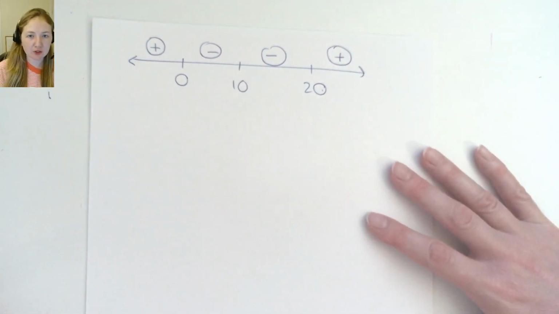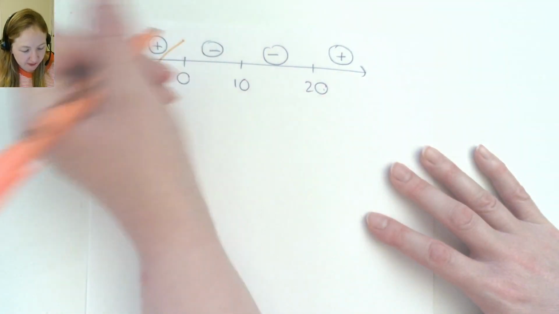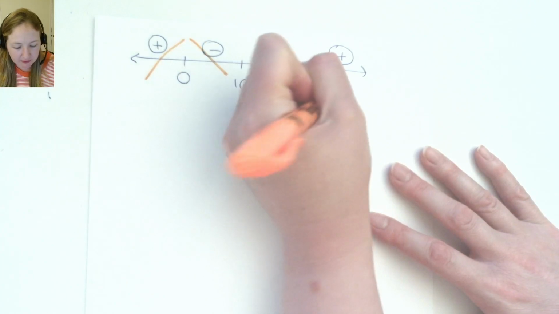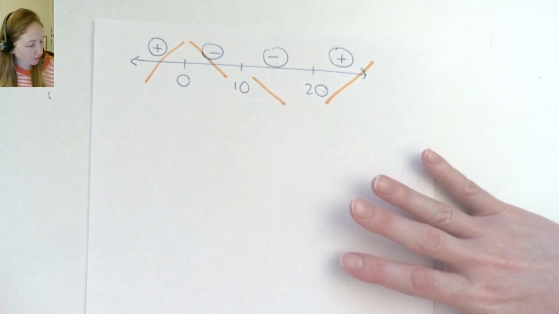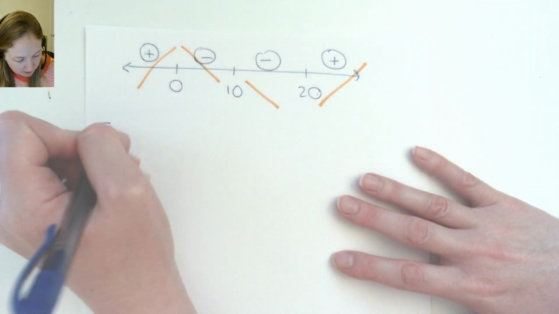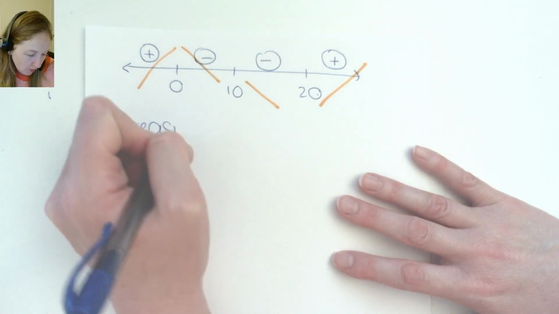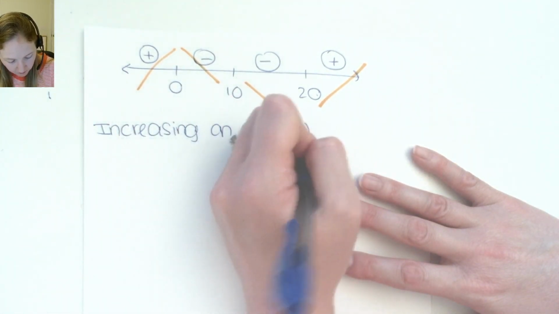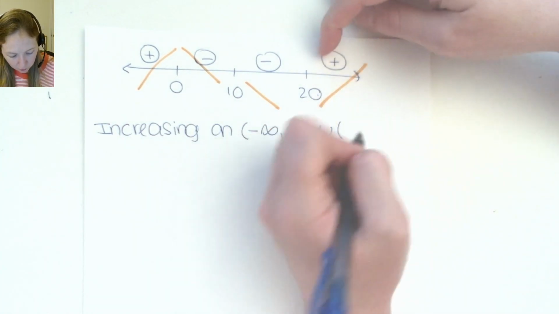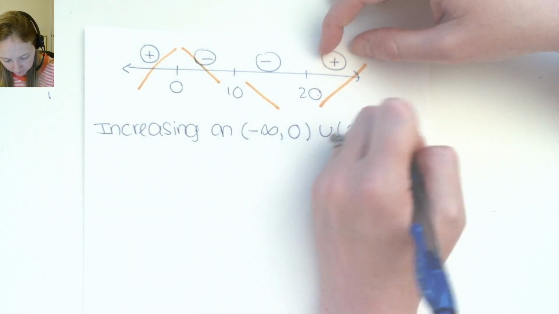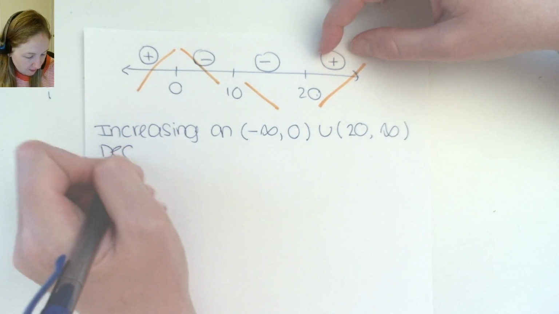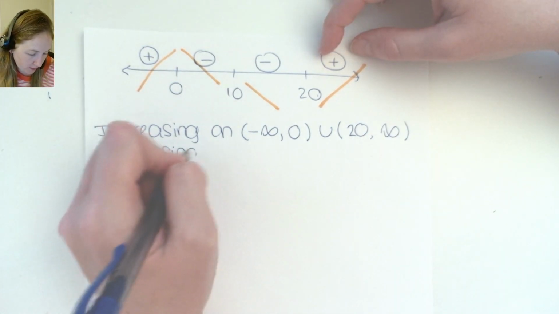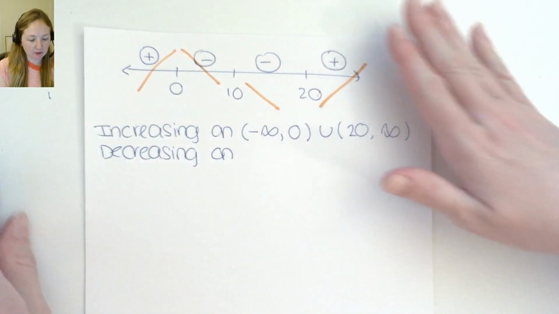All right, so the way that the picture looks is that we have increasing and then decreasing, decreasing, and then increasing. So to put this together, we're going to say that it's increasing on the interval negative infinity to 0, union 20 to infinity. And then we would say that it's decreasing on, all right, now again, it's decreasing on